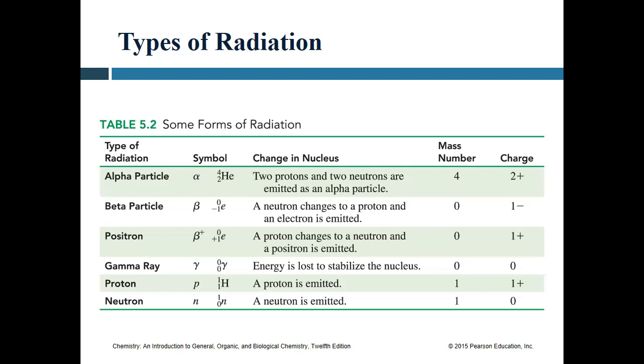And so just summarizing, we can see that in addition to the particles themselves, some of our subatomic particles can also be shown using this notation. So the proton and the neutron can also be shown in this way. The proton can be shown as a hydrogen nucleus, hydrogen without the electron. It can also be shown as,